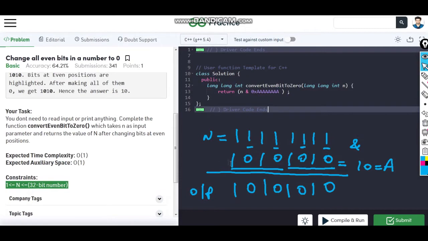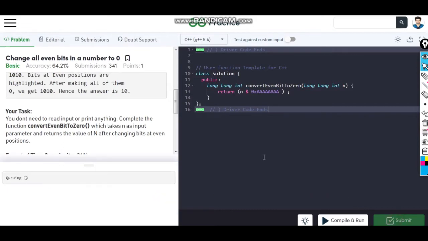I took this because the constraint given is a 32-bit number, so we have to make sure that if the number is 32-bit, then we convert it accordingly. So that's why I took this, and let's compile it. We can see whether our code is accepted or not, it is evaluating, and yes, it is accepted, right?